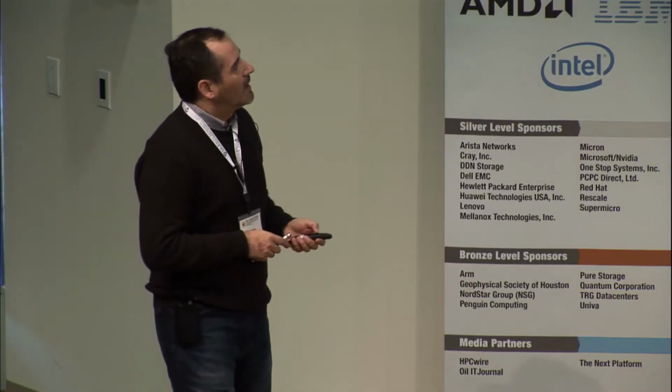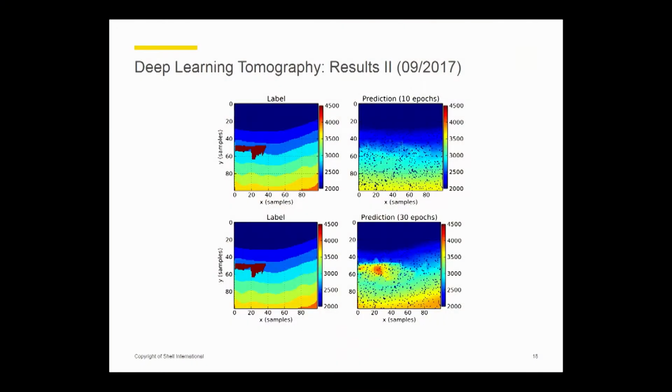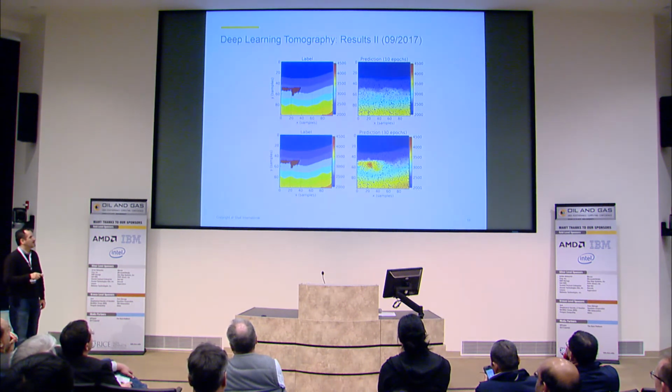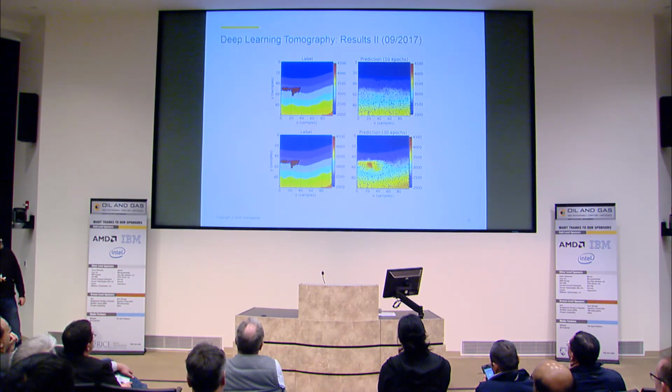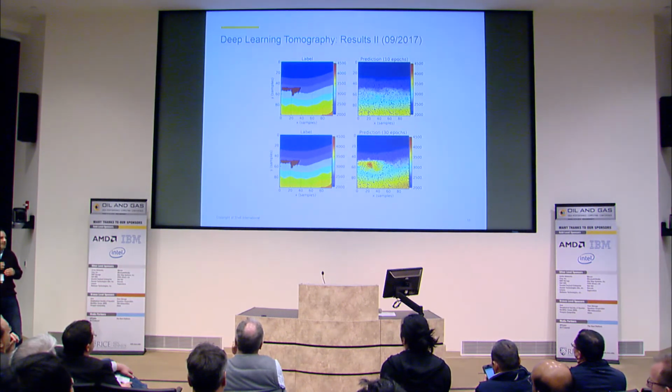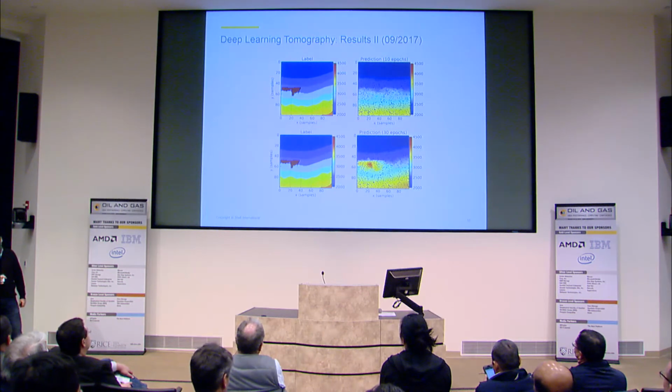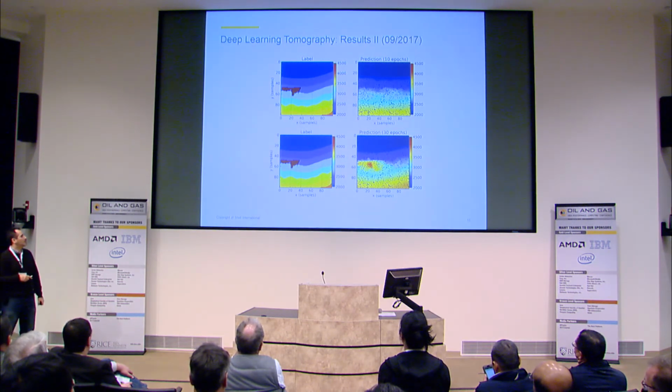So what I did to picture what is going on is, during training, I test the model that's in training with a specific velocity model that is not in the training set, which is classical in statistics. This is basically validation. During validation, I present this model every certain number of epochs, which are basically the training steps in machine learning, and I recover a model to see where the prediction is going for this particular case, right? So after 10 epochs, which is almost nothing for what I need to do to train these models,